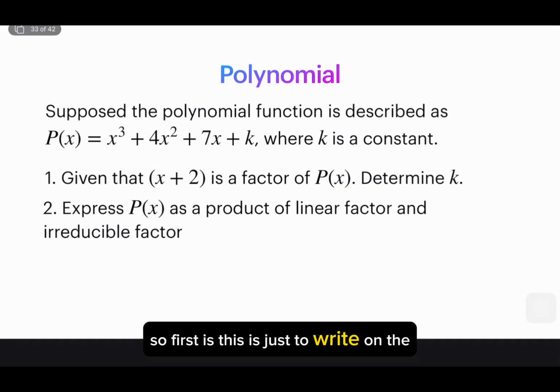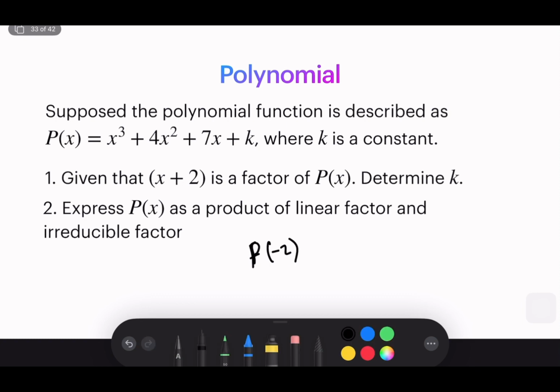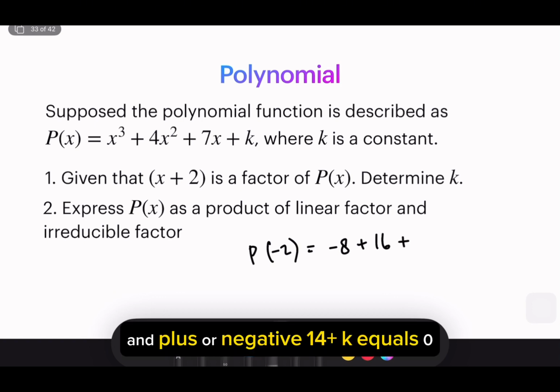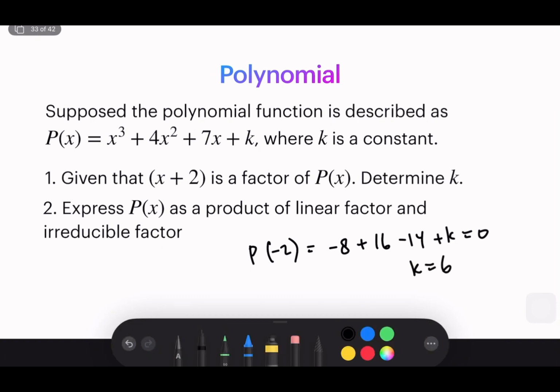So first, this is b. So negative 8 plus 4 is 16, right? And plus or negative 14 plus k equals 0. So this will be 8 and negative 6, so k is 6, right? And that's it. And the rest of it, we could write,